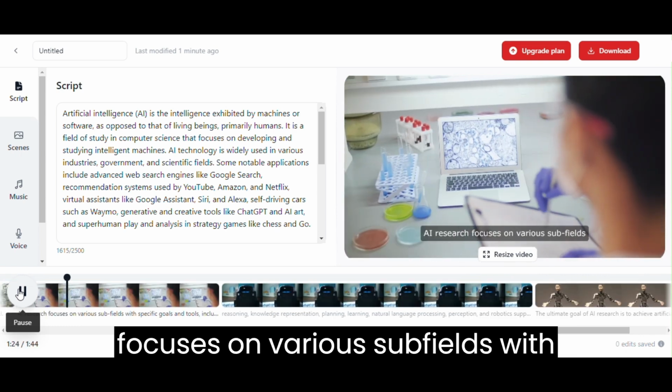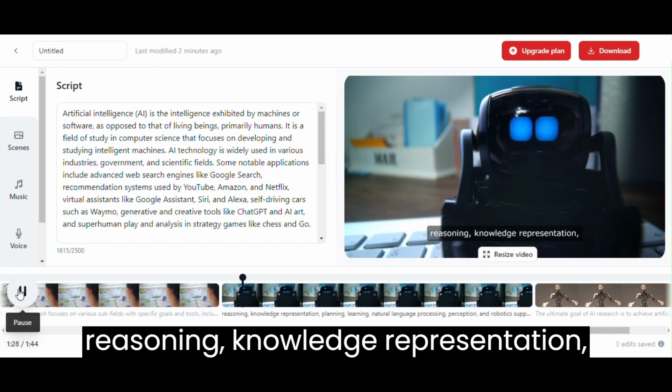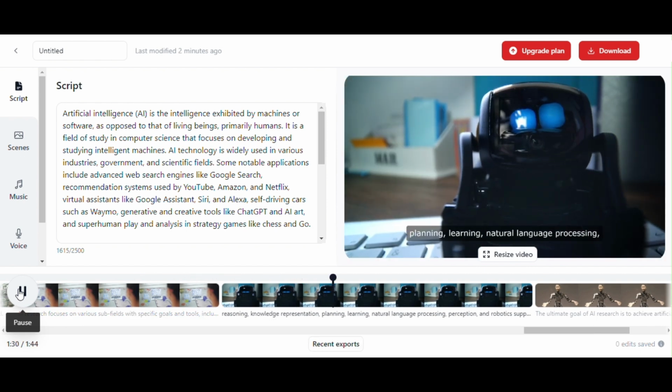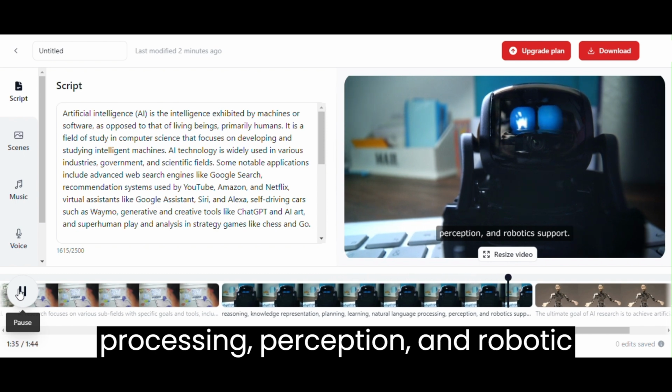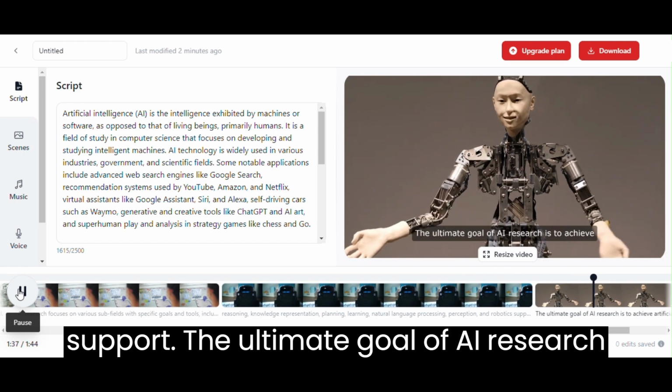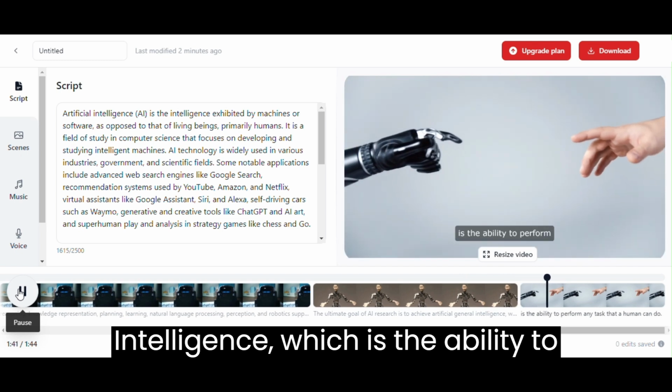AI research focuses on various subfields with specific goals and tools, including reasoning, knowledge representation, planning, learning, natural language processing, perception, and robotics support. The ultimate goal of AI research is to achieve artificial general intelligence, which is the ability to perform any task